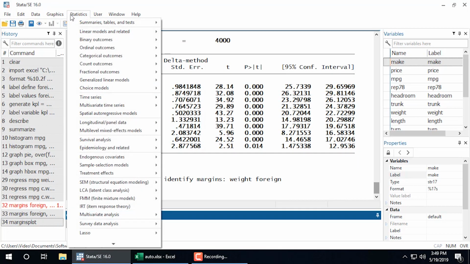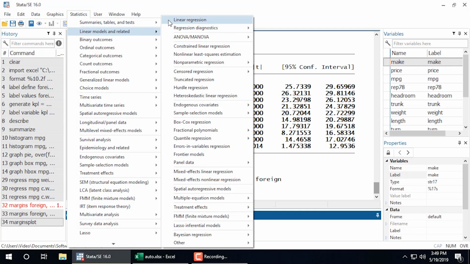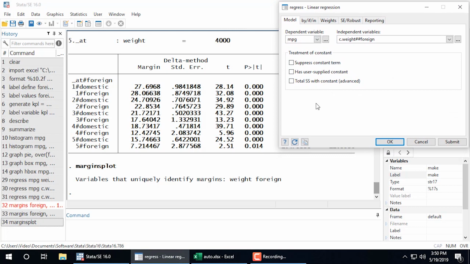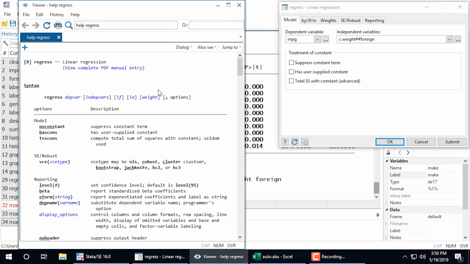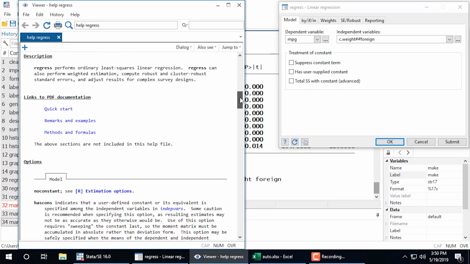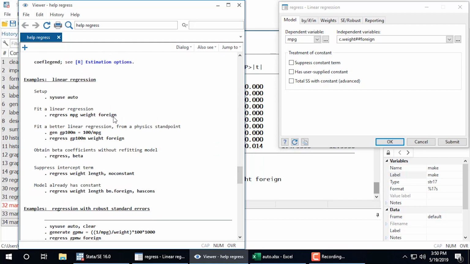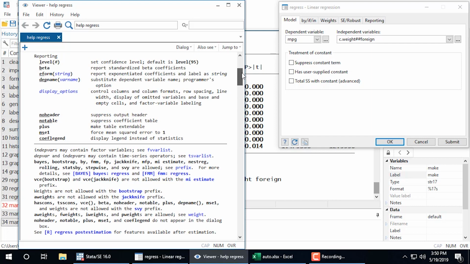If we go to Statistics and I open that Linear Models and Related dialog box again, if I'm using a command or a dialog box and I'm not really familiar with something or I'd like to know what an option does, I can click this little icon at the bottom left. Pretty much every dialog box in Stata has a little question mark icon at the bottom left, and if I click that, that will open Stata's help file for that particular command. This includes things like syntax, and it will have a description. It will show you where to find it in the menu, and it will also have some basic examples to get you up and running.